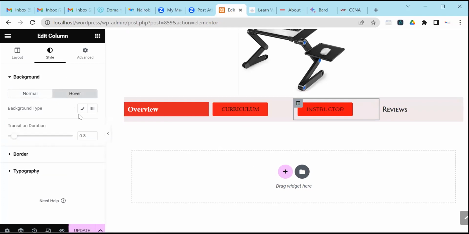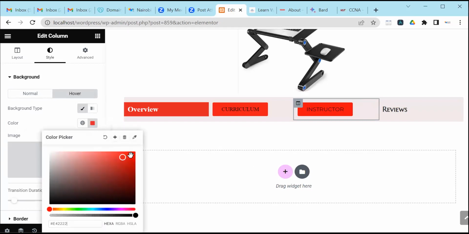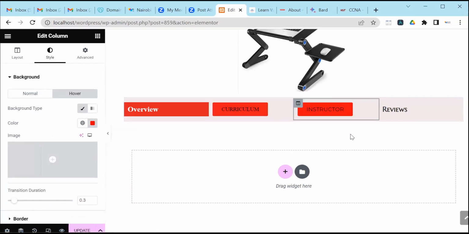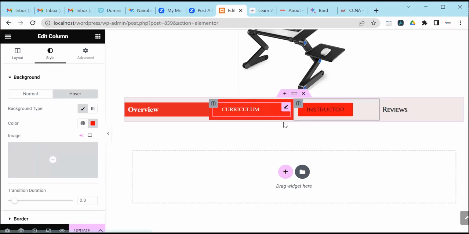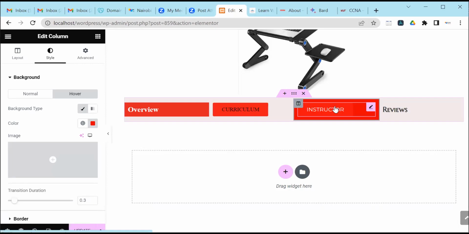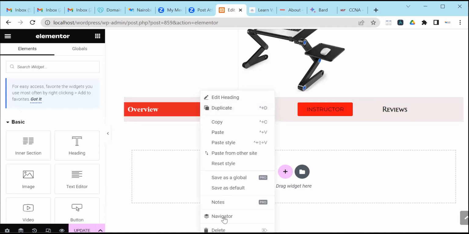So on hover, you want to have a background color. So click classic, choose color as red. So it will be behaving like this now. Check this out. So when you hover, it is picking now. It is picking the whole box. But in normal cases, it's just a button. So because we have done this to these two buttons, we can delete these and we will